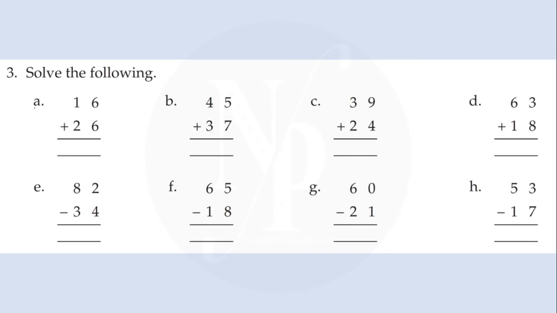So what is 6 plus 6? For adding these numbers, either you may use your fingers or you may draw standing lines. So here in one's place we have to add 6 and 6. You remember 6. You keep 6 in mind and you stretch your 6 fingers and count the numbers after 6. Start from 7. So you will get the sum of 6 and 6. Or you may draw 6 lines.